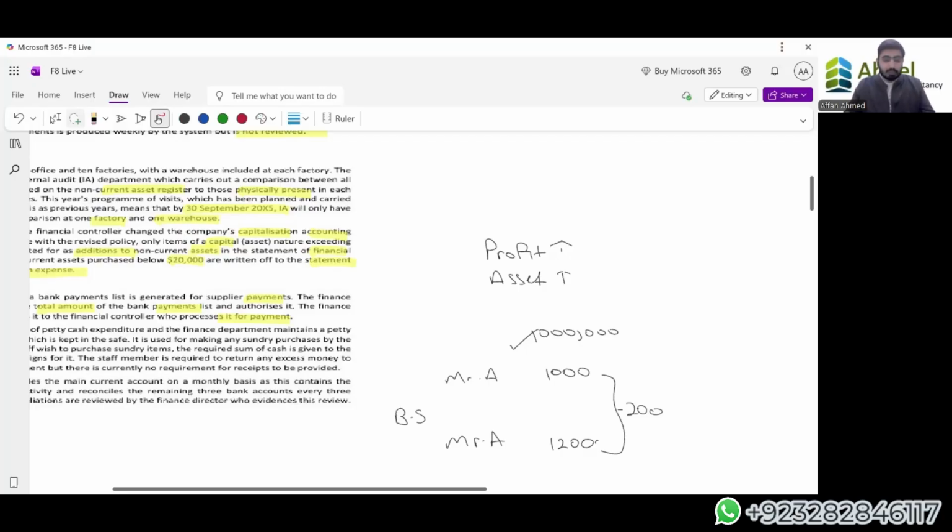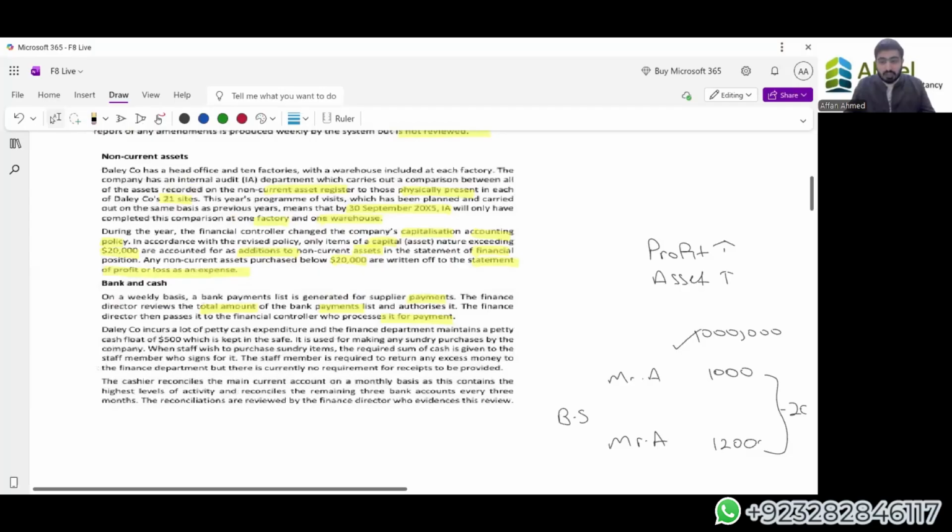Now, the test of control will be whether the finance director checks the particular transactions fully. If he is, there is going to be a signature by him. And if he is checking the payments of the people after the bank transfer has been made, a signature will be there as well. So both of the cases will help us in identifying the particular transactions.